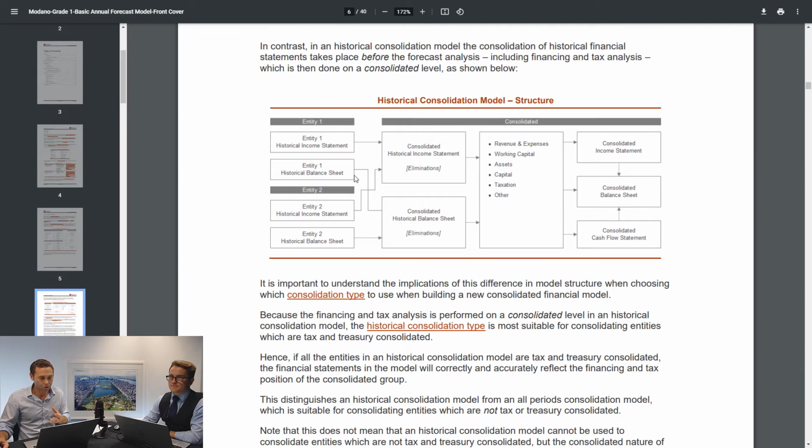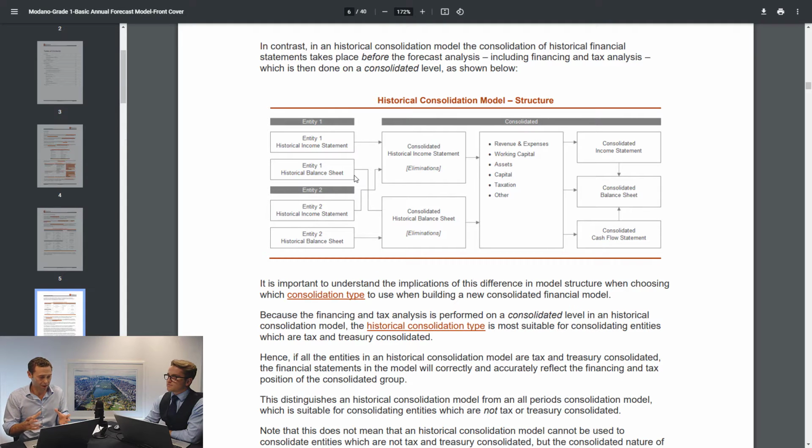Now, in an historical consolidation model, you basically take the entity historical financial statements out of something like QuickBooks, Sage, Hyperion, SAP, whatever you're using, and you consolidate those, put through eliminations, and then build effectively a single entity forecast model. So what we're actually doing here is an interesting type of model, because if the entity is tax consolidated, it will actually give you a very accurate single entity projection, because the forecast will be tax consolidated and treasury consolidated. If they're not, it's really just a really simple way of doing a quick console. So if you really want to see a really quick view of a business brought together, you can do this,